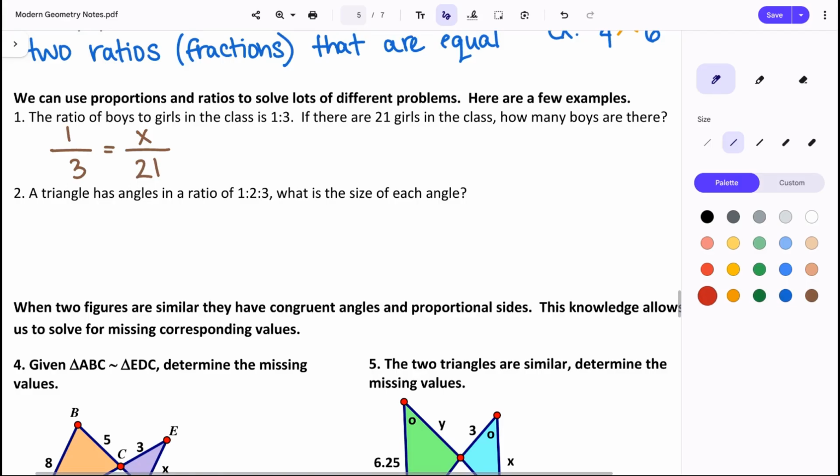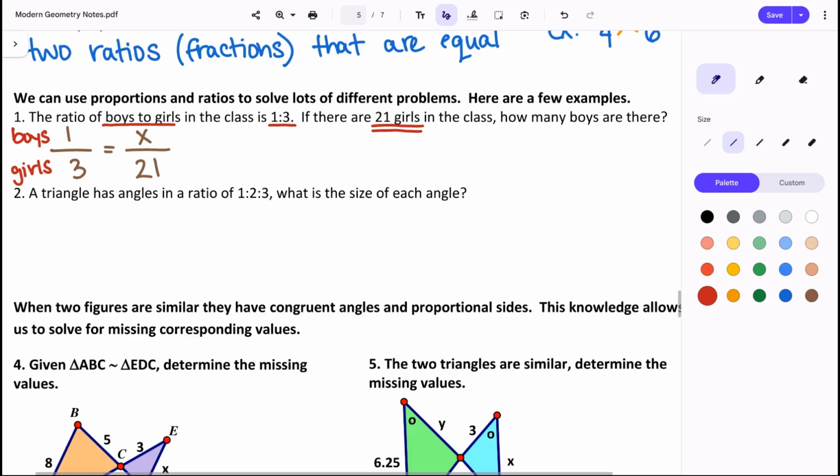It says ratio of boys to girls is 1 to 3. So that really means for every one boy, there's 3 girls in the room. So if I'm setting this up, you could almost think I put boys over girls when I was setting up my fractions here. I could have switched it around though. I could have put the 3 on top and the 1 on the bottom, but then that will impact how I set up the second half of my fraction. Since they're telling me that there's 21 girls in the class, I have to keep that with the girls from